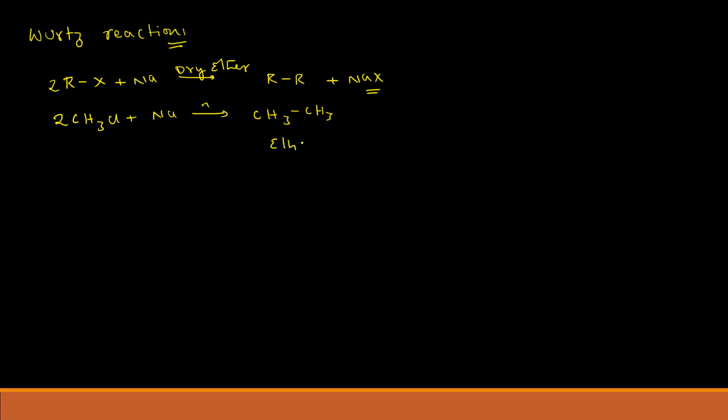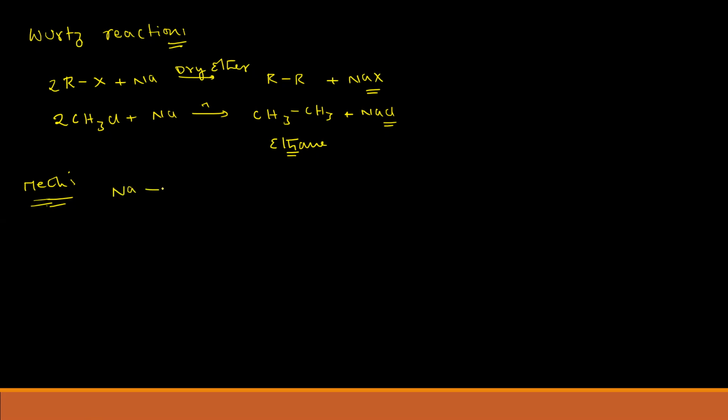So this Wurtz reaction is used to prepare alkanes with a higher number of carbons. Here NaCl will be formed. And how does this reaction take place? The mechanism of the Wurtz reaction is uncertain. Some say the reaction takes place through a free radical mechanism, and some say it takes place through an anion mechanism. Let's see what it may be.